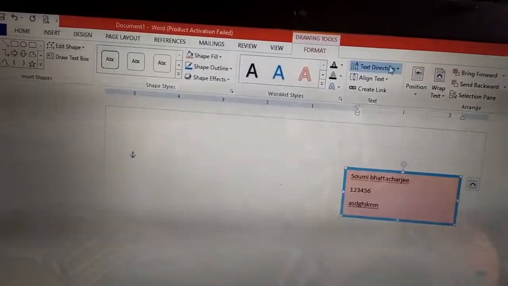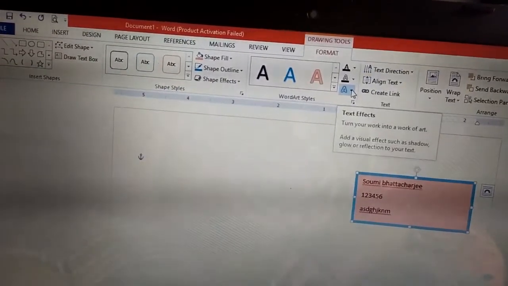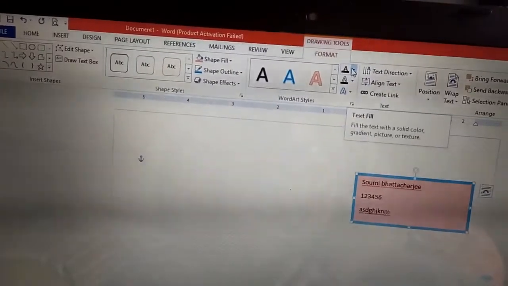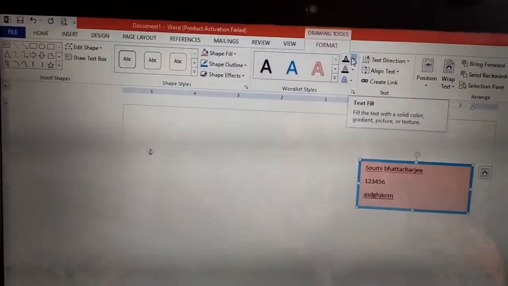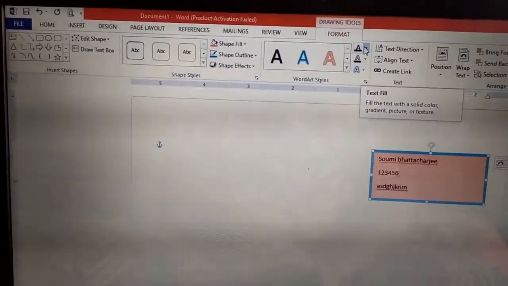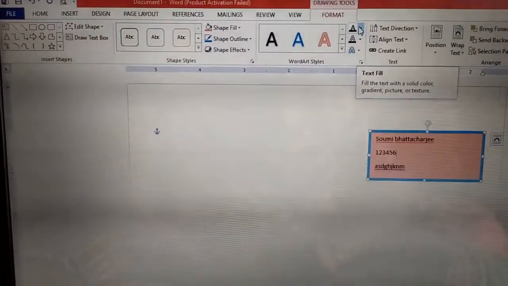Text direction also you can give. Text effect, text outline, text fill, everything same as border you can give it over here in the text box also. Clear everyone, I think. Now this covers how to insert the text box.